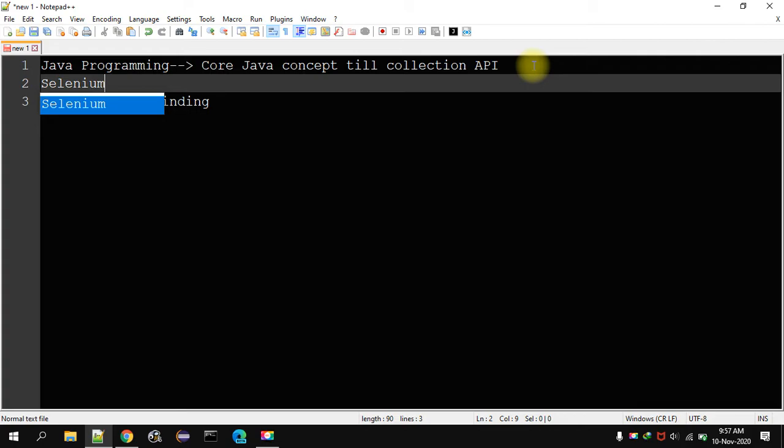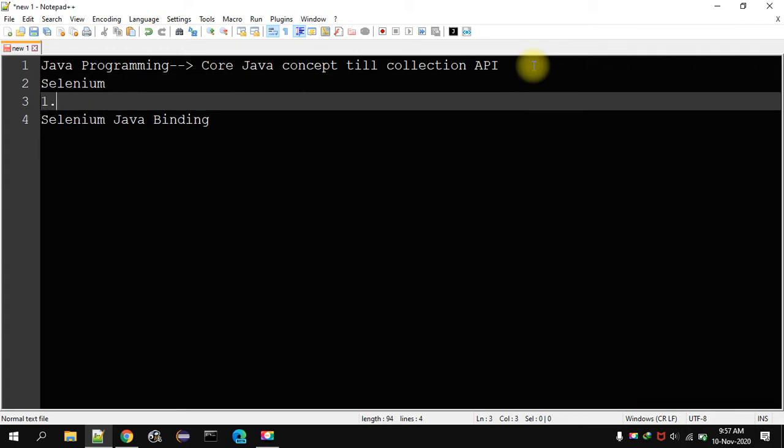What is Selenium? Selenium has the Selenium IDE. This is nothing but a browser plugin, or you can say an add-on. It is available for the Firefox browser.